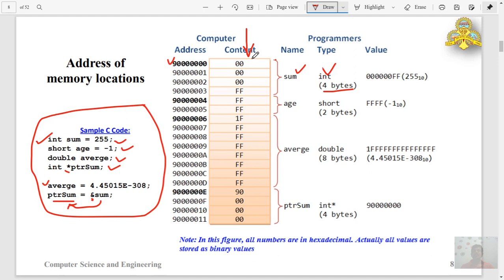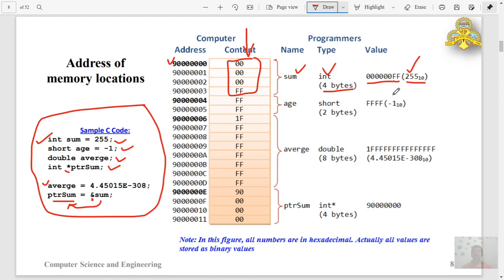Since integer is 4 bytes and we have used only a value that is sufficient to fit in 1 byte, the rest of the most significant bytes are filled with 0. So the first byte, the most significant byte, is 00, next 00, 00, then FF, that is the value.